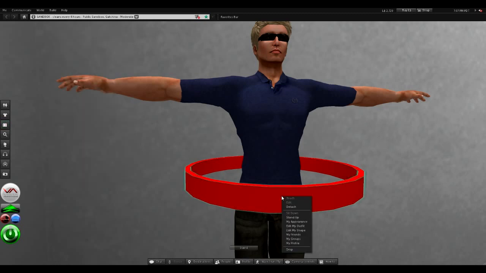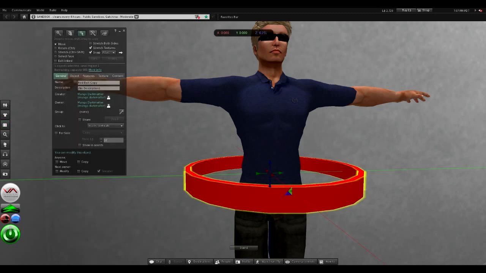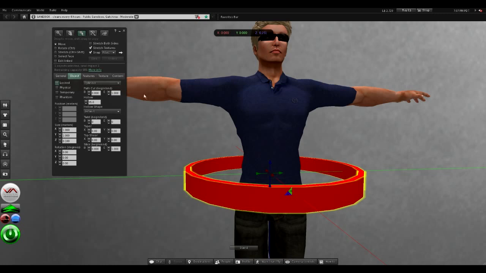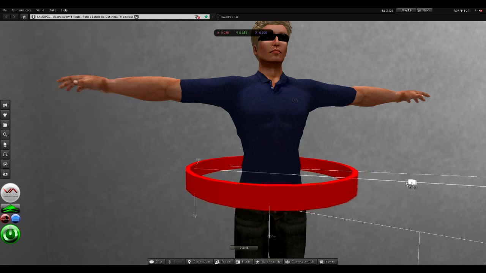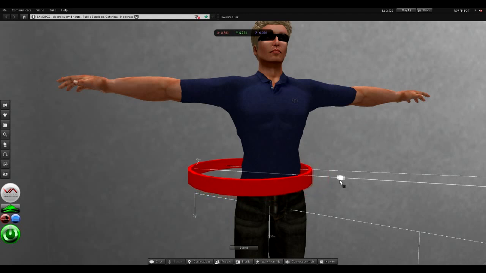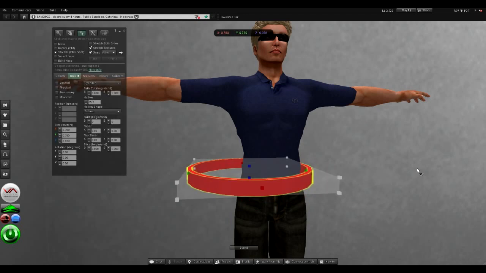Let me close inventory right there. Alright, so I'm going to go back and edit this. I'm going to go to Object. Now, we can click on Stretch, and you'll see there are a bunch of white little cubes, which are like handles, we would call them, that you can click on, and you can shrink the entire size of the belt doing that. And then if we click from Stretch back to Move,